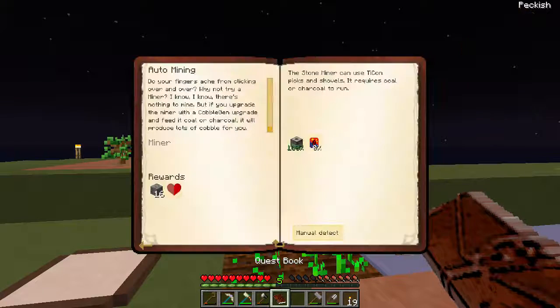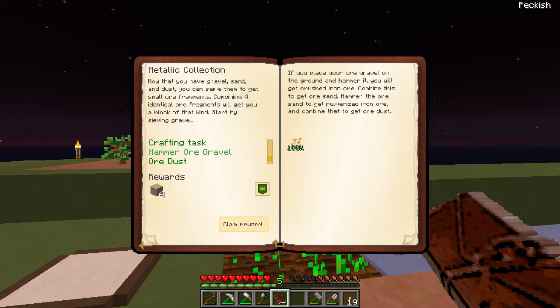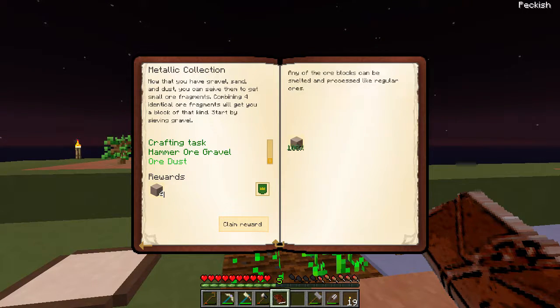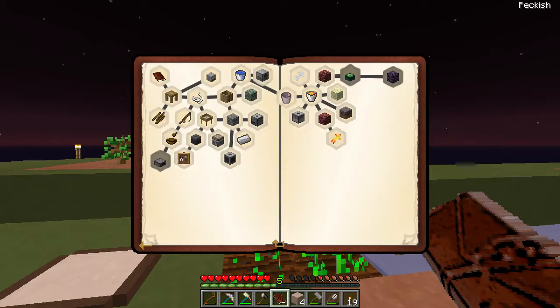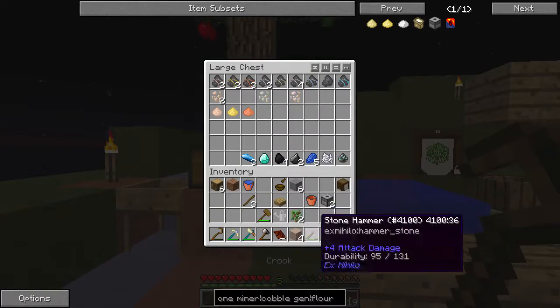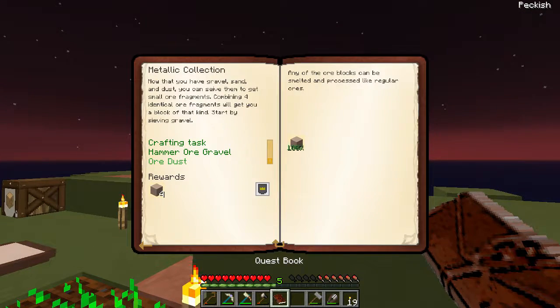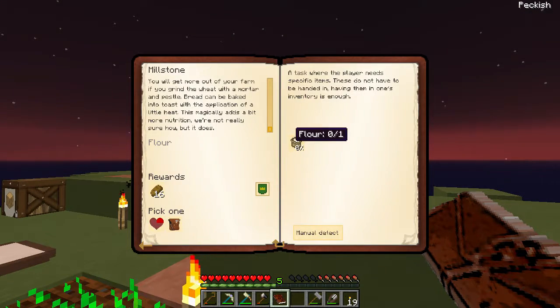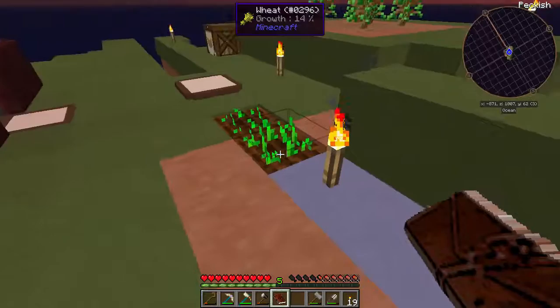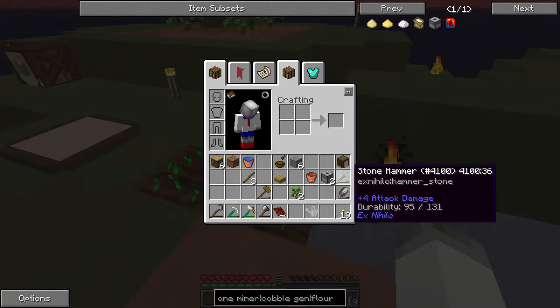So what does the quest want us to do? Ooh, we got. Oh yeah, we got this one. So this is basically telling you how to get ore dust. So we're gonna get some iron ore dust from that. So I'm gonna put that in here for now. We will smelt that down and all that fun stuff later. But for now, we need to get the flour. So we only need one, so let's just hurry up the process